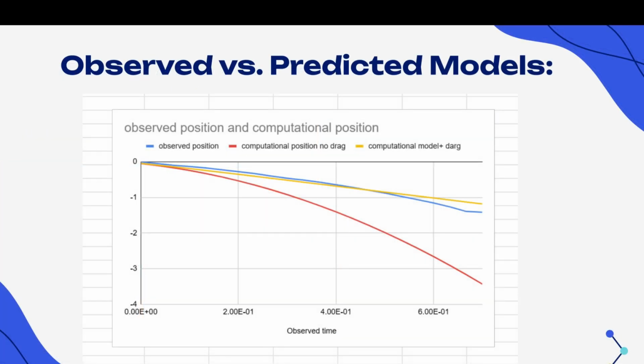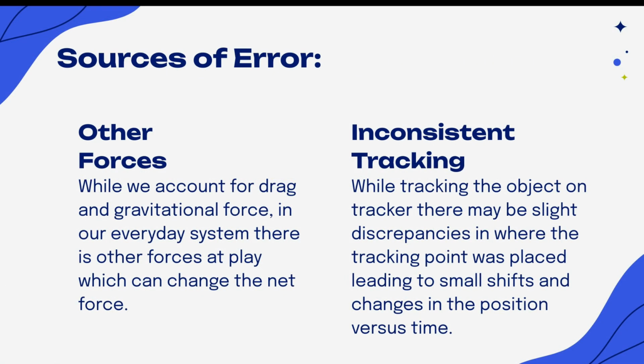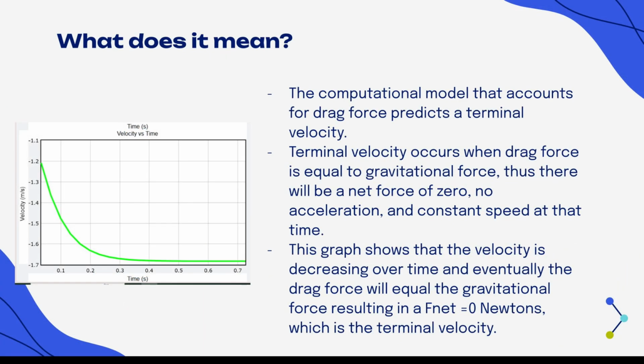So comparing all the three graphs, you can see that the computational model really accurately represented the experimental model, but the computational with drag did. And then the one without drag reaches a slower velocity a lot quicker because it doesn't account for the other force at play. And then some sources of error are other forces in the system, which we didn't account for, as well as inconsistent tracking on Tracker. So given our graphs, we can see that the computational model that accounts for drag force